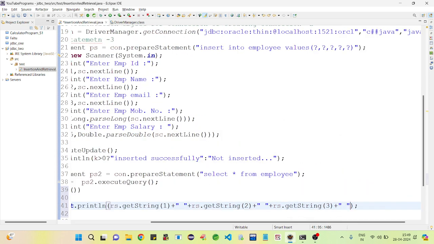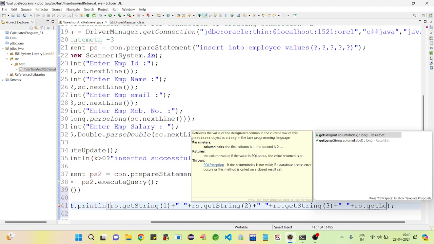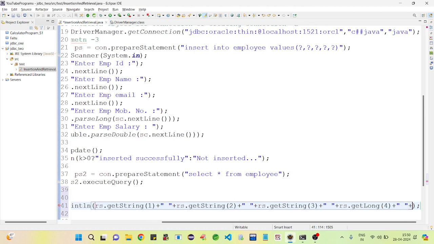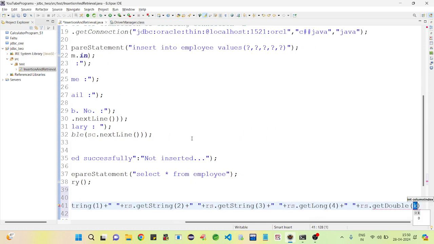After that, rs dot getLong 4 for mobile number. After that, salary, rs dot getDouble 5. Now run the program.